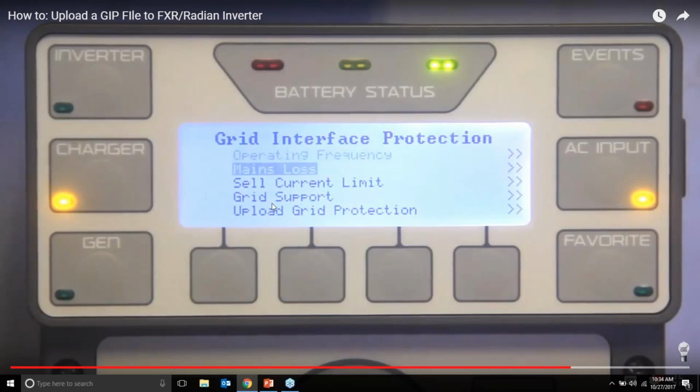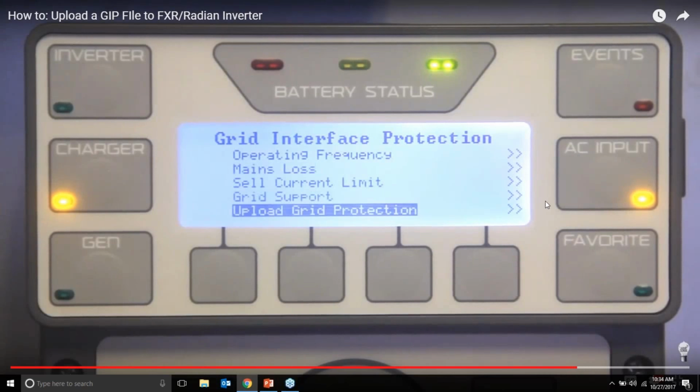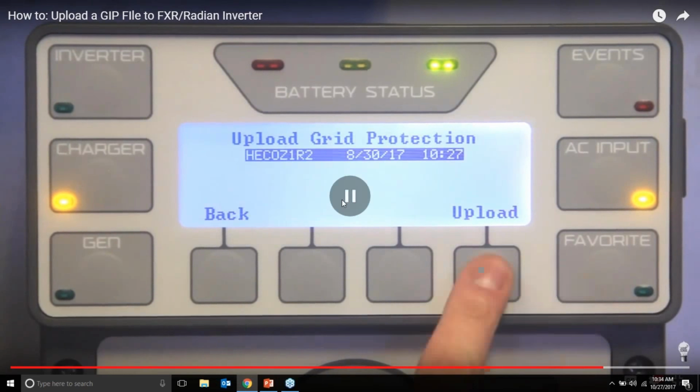Then we have our grid support. So hopefully you don't have to go in here. This is if you want to manually set all your settings, you could go in here and do it, but we're providing GIP files so that you don't have to do that. And then we have our upload grid protection. So I'll continue. So you enter that menu, upload grid protection, and there is